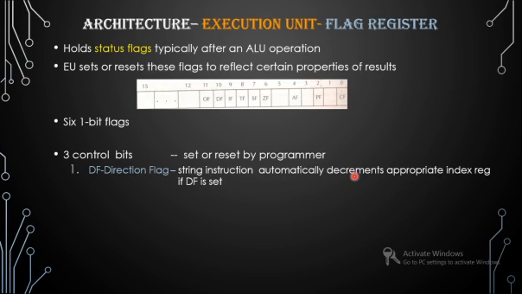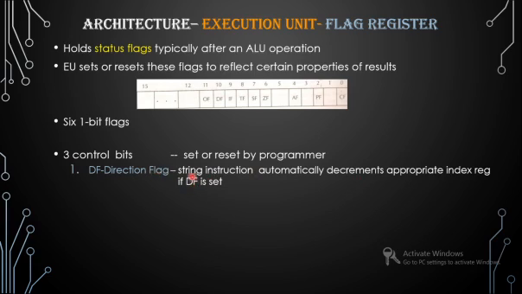What does that mean? String instructions involve many instructions to be executed, and access to the memory for string instructions is done by incrementing or decrementing the destination index or source index. So DI or SI will be incrementing or decrementing to point to a particular location, and a sequence of instructions will be executed.